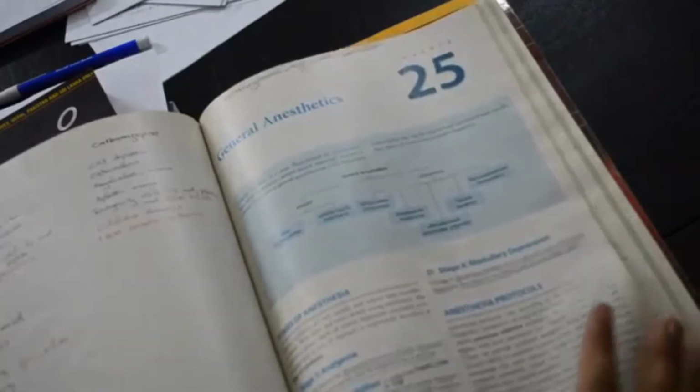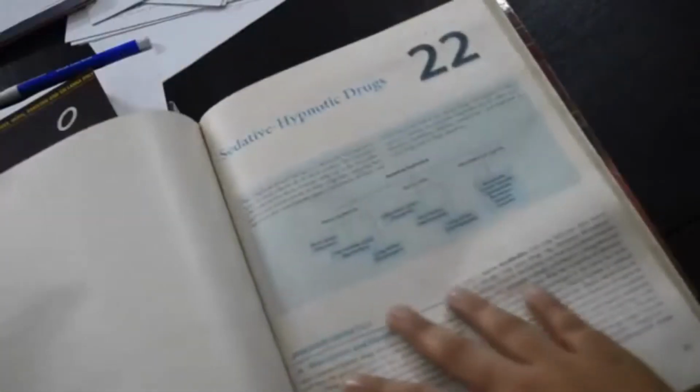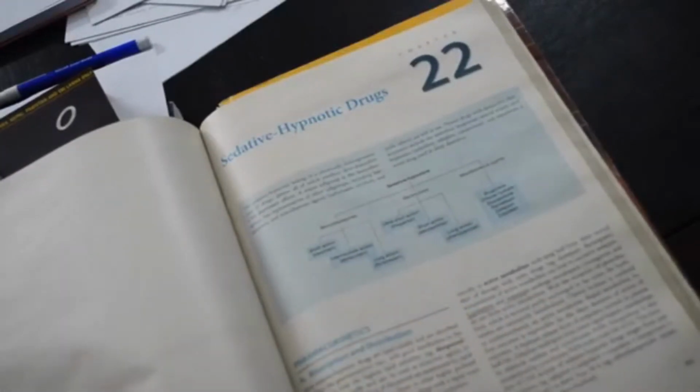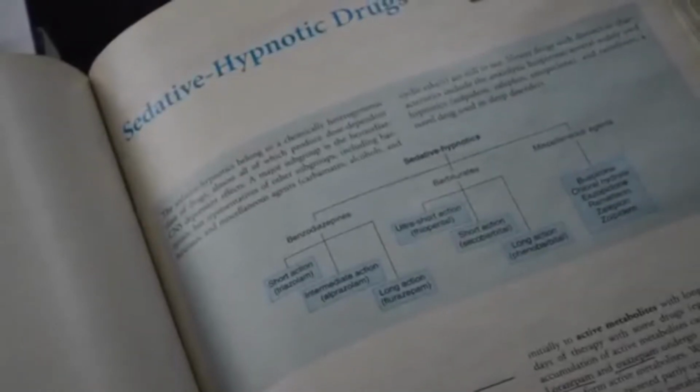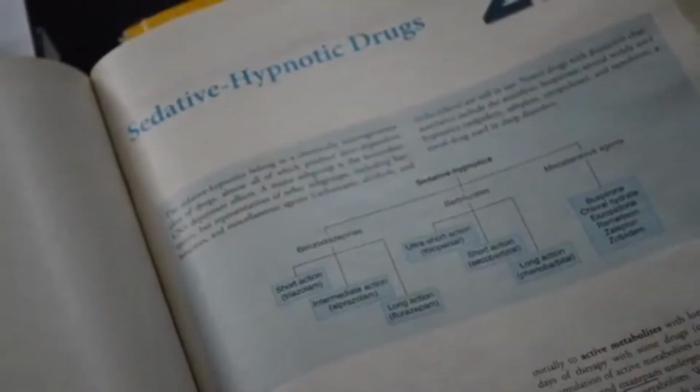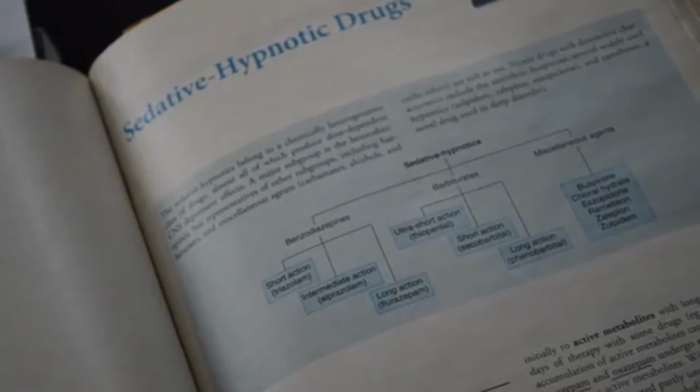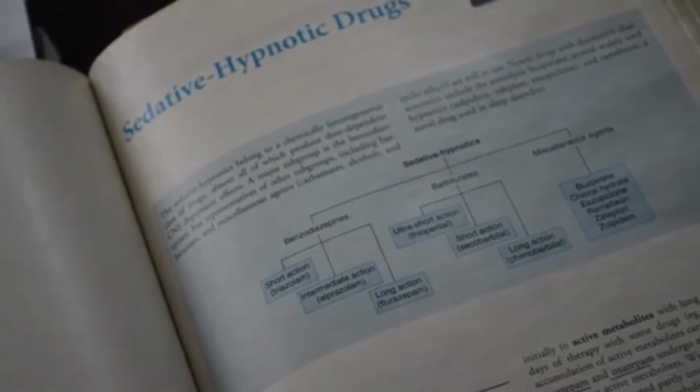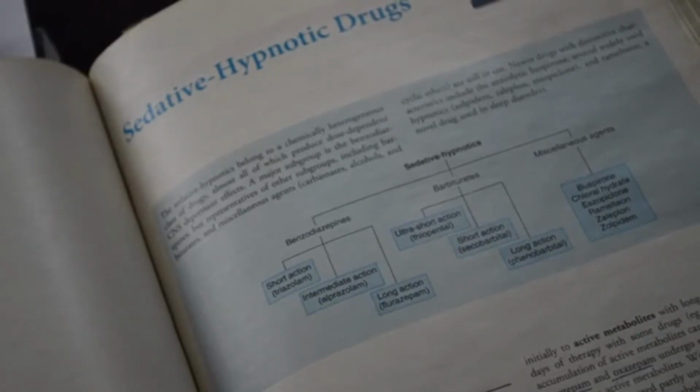these diagrams. Yes, this is the chapter that we looked at in the other book. You can see that in this book they have made these webs. These webs are actually very helpful when you're trying to study, and more helpful than the single column that was made in Lippincott.